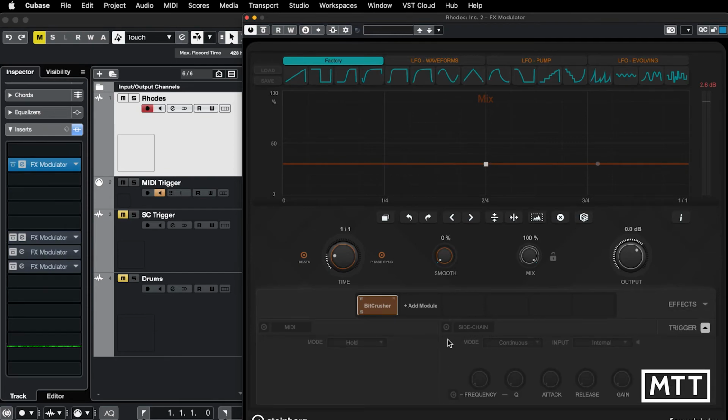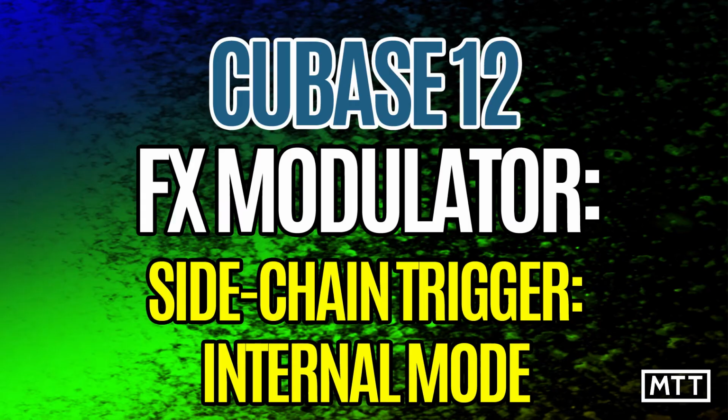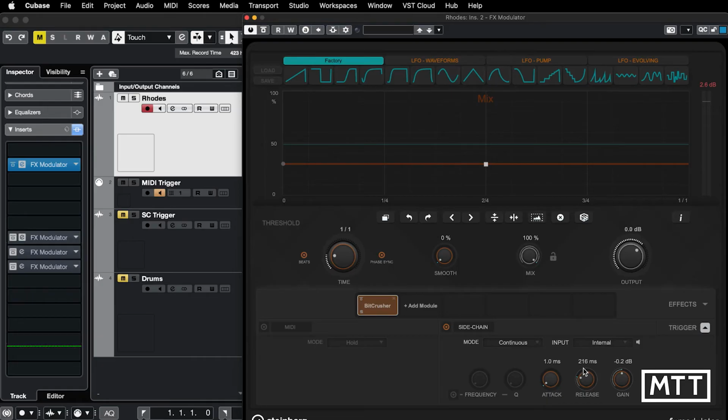And in the trigger section, I'm going to turn on sidechaining. So this is working in internal mode. So it's going to be triggered by the sample itself. We'll look at triggering it from an external sample in a second. By playing around with the levels here, you'll hear the louder parts of this Rhodes thing will become bit crushed and the quieter bits will become less bit crushed. So you can hear that those hits,